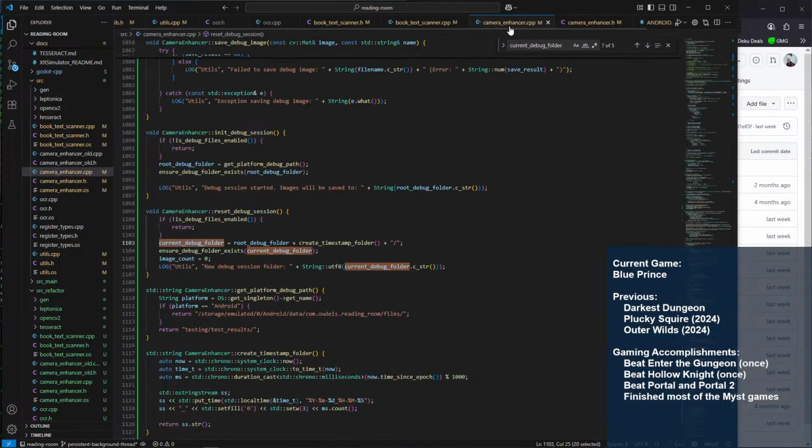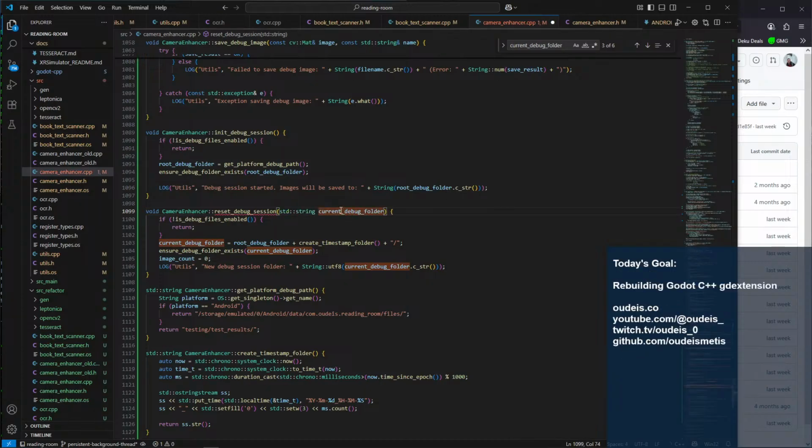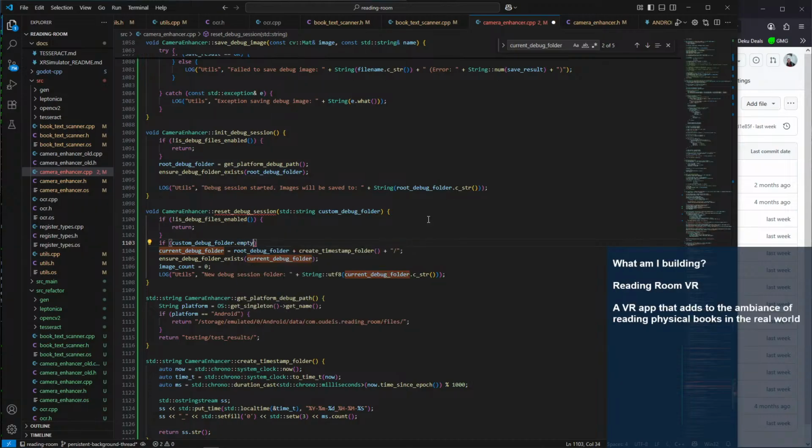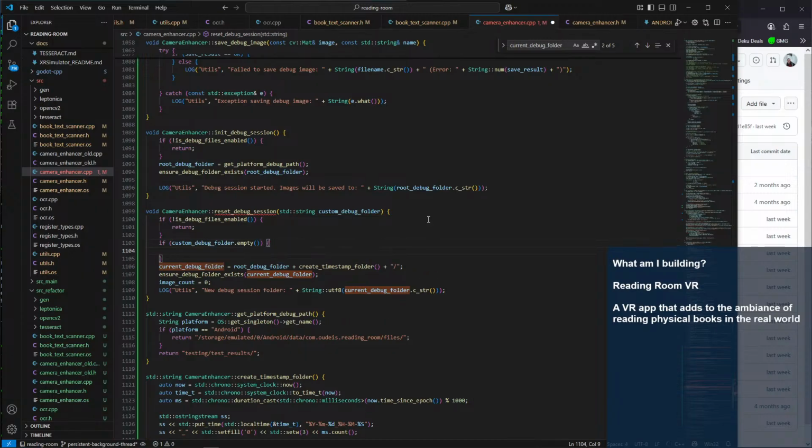What if we did, I hate this for now, but custom debug folder dot empty. If not empty. So we'll do